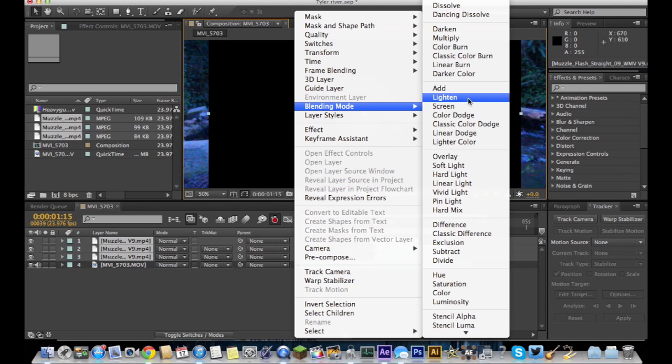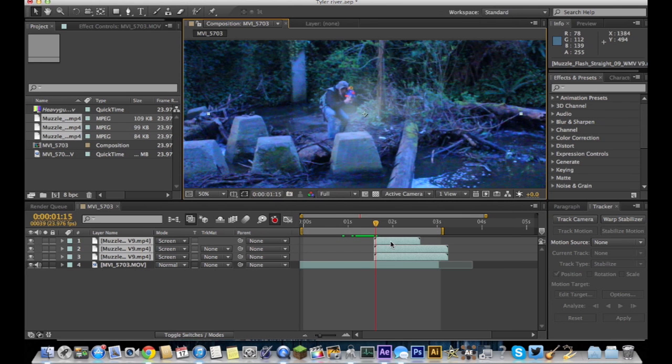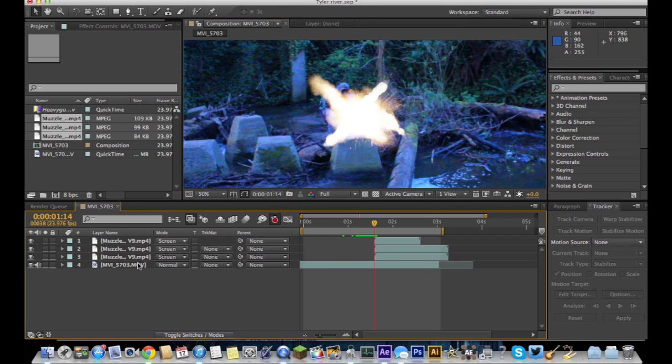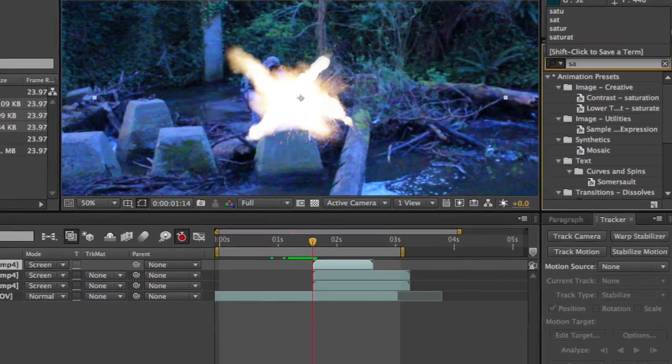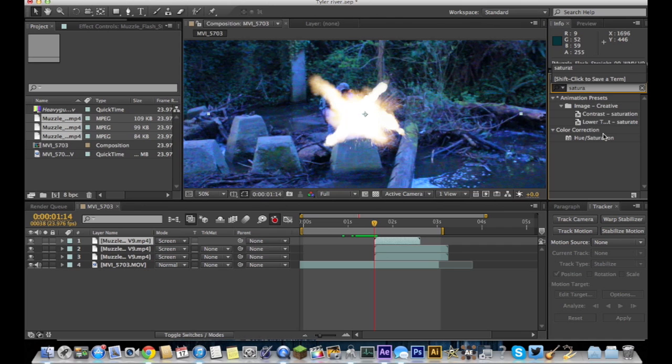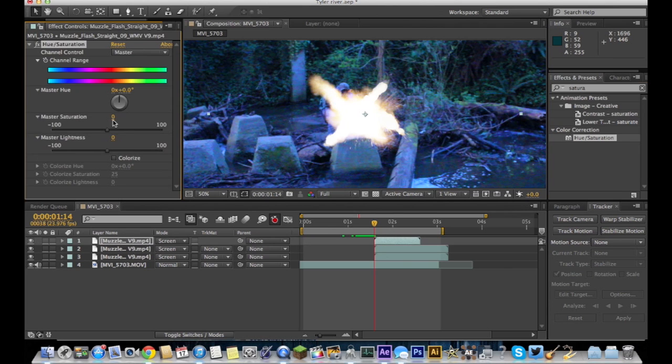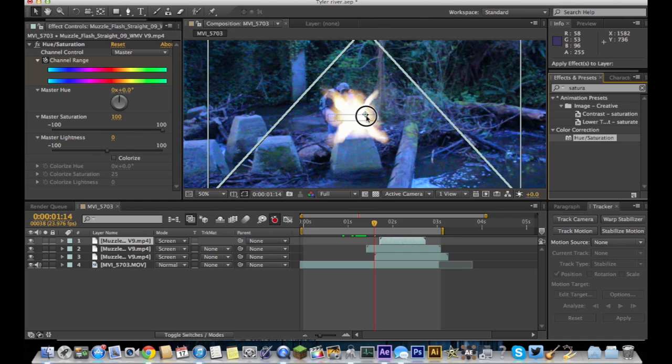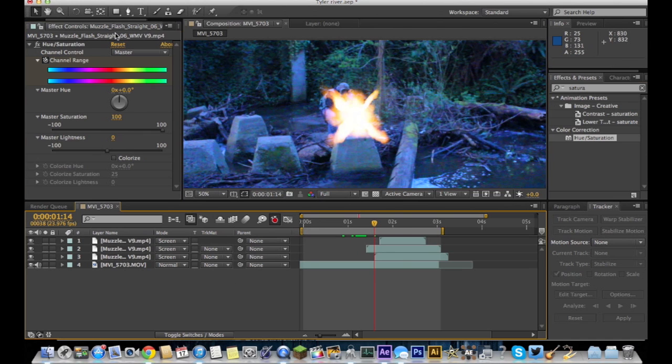Double click and blend to screen, which then causes them to be not quite as saturated, not quite as orange and red as you like. So you can go over to your effects panel, type in saturation, and you can drop this on and bump up your saturation until you get something a bit nicer. Same thing for all of them here. Okay, so now that we've got all of those done,